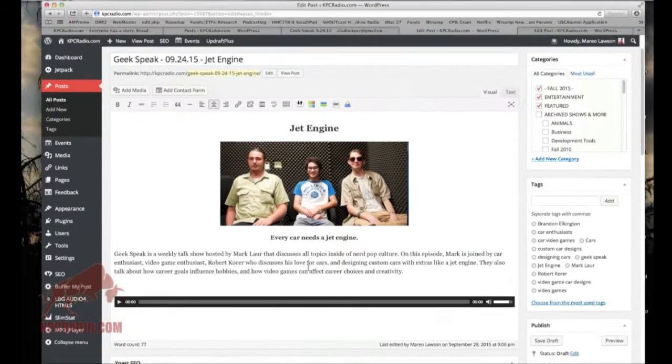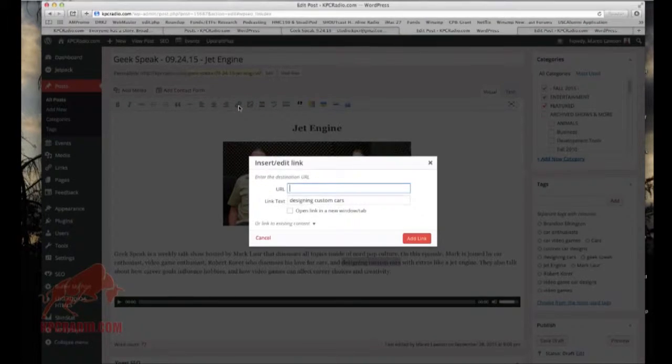In order to add an outbound link, I'm probably going to pick something like designing custom cars. I'm going to click the link button as you just saw me click right there. And I'm going to find a link on the web that says something about designing custom cars. Then I'm going to put it open in a new window tab, and I'm going to go ahead and add the link. Let's say the link was